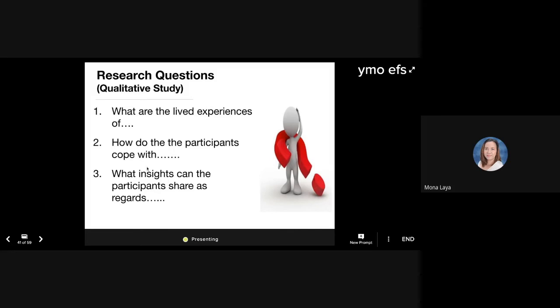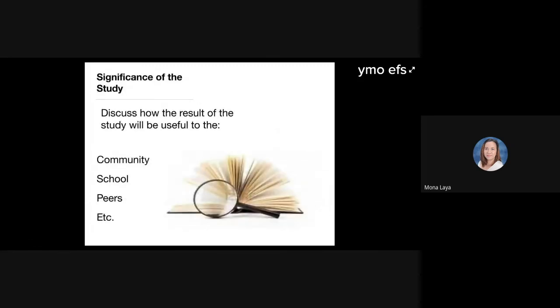And then the insights. So, kumbaga, in the quali, ito yung the usual na tinatanong mo na 3 questions. But you can actually innovate, do other questions, or use other questions. There are quali questions na how, dalawa lang. Parehong how or parehong what. Depende actually on your conceptualization of your study. Okay, it's up to you.